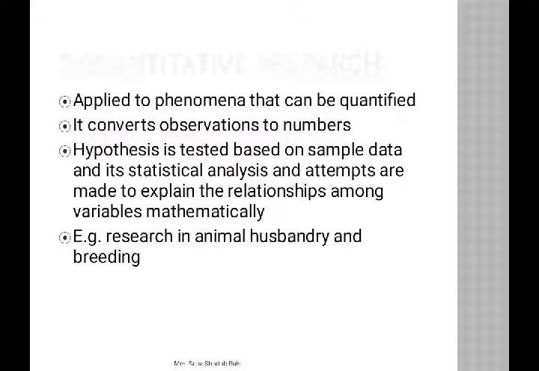Now see here, whatever observations are there, we will not write them in terms of quality, like so and so subject or variable has so and so quality. Here whatever observations are given will be given in the form of numbers, and whatever hypothesis has been designed,